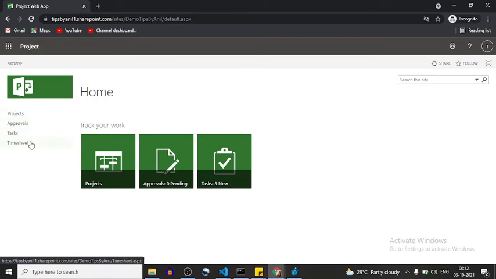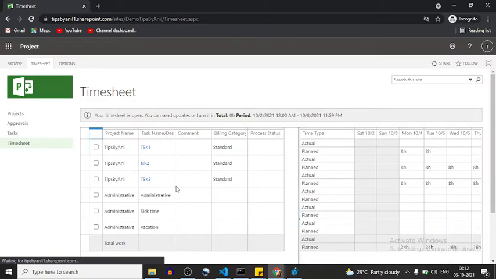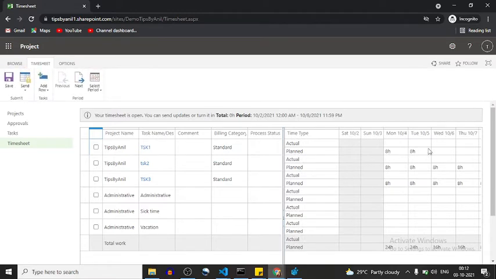Okay, everyone. So here is the timesheet link, and in the timesheet link, you can see task 1, task 2, task 3 coming in my timesheet. So the planning we have defined in my project. Now if I submit this, what will happen?